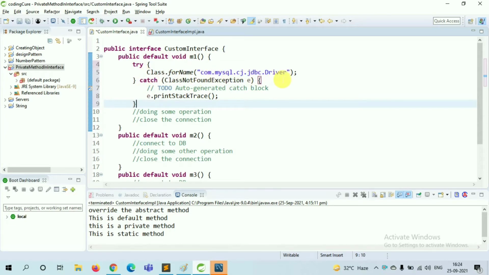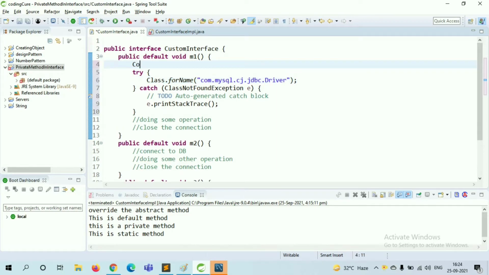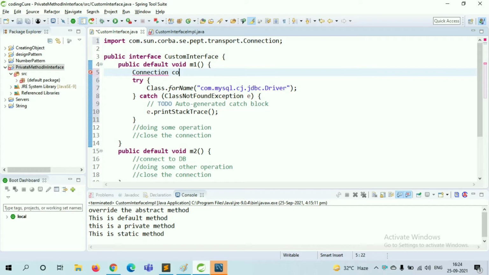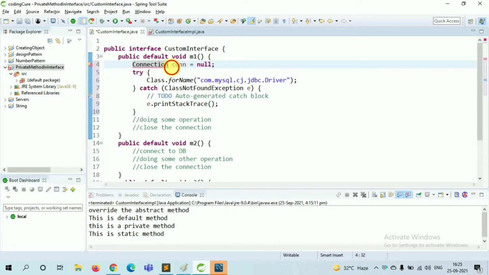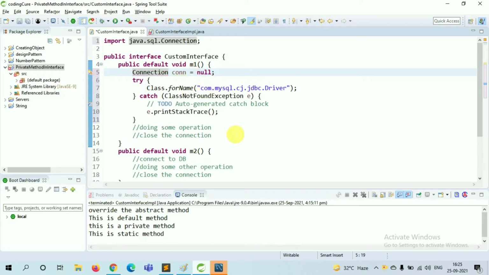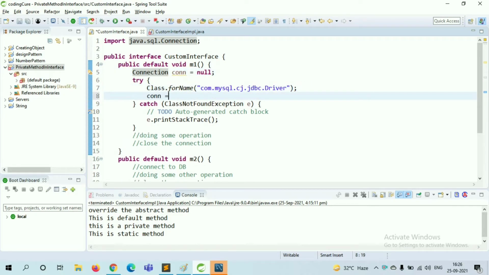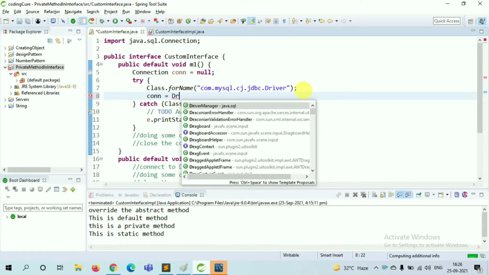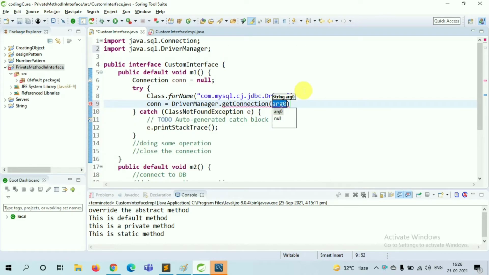After loading the class, we need to create the connection object. How to create the connection object? Connection con equal to null. Then import the connection, so this time import java.sql. Right, now after loading the class, create the object con equal to DriverManager.getConnection, and